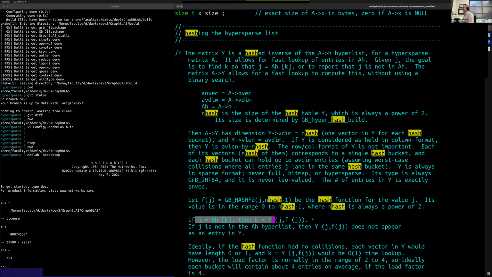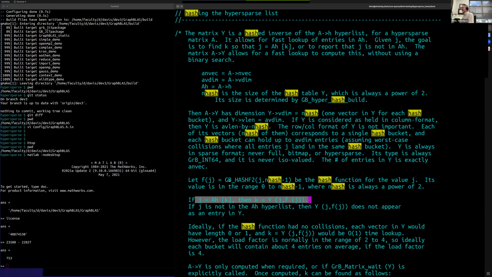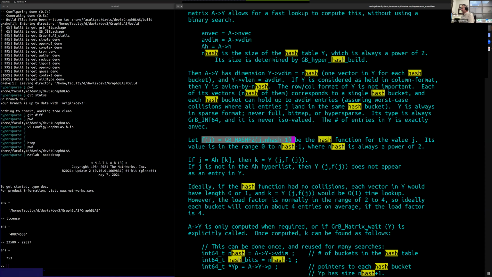This is the fundamental idea. I have a very, very fast, very stupid hash function, frankly, because it's just supposed to be super fast. Yeah, there could be collisions. I make the hash table size a power of 2, so I can do bit and operations to mask out, do the modulo thing to know which hash bucket I'm in. So it's a very fast function. And if I have no collisions, then every vector just has a single entry in it, so it's super fast. With a load factor of 2 to 4,